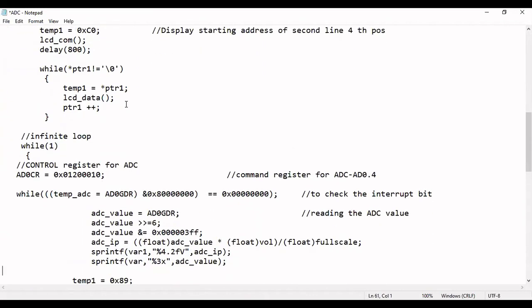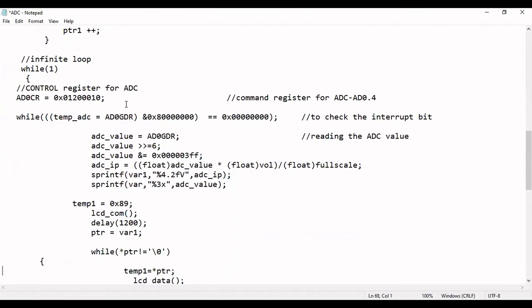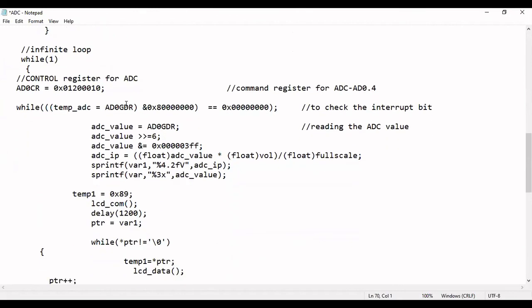Now, how to take the input for this particular experiment: when you execute this program on the board, you will find one small potentiometer. You need to rotate that potentiometer slowly. As and when you rotate it, some analog input value will be taken, and the equivalent digital value will be displayed. Slowly, if you increase the potentiometer on the board, you can view the changes on the LCD monitor. For the corresponding analog input, you can see the digital output on the LCD.